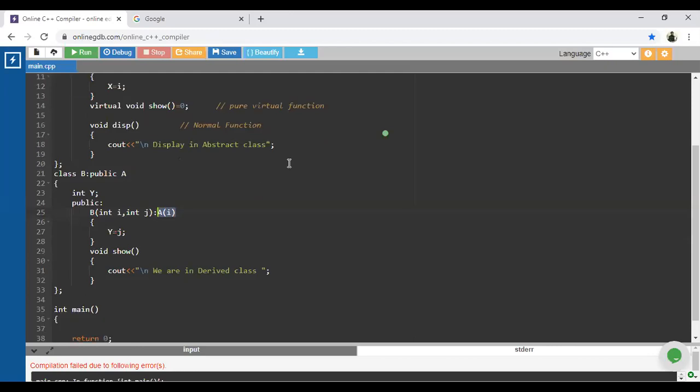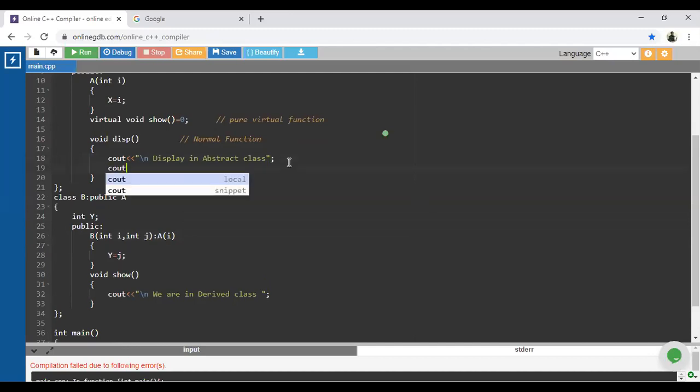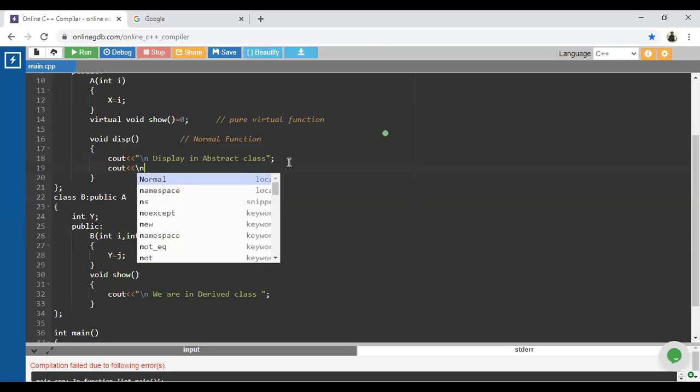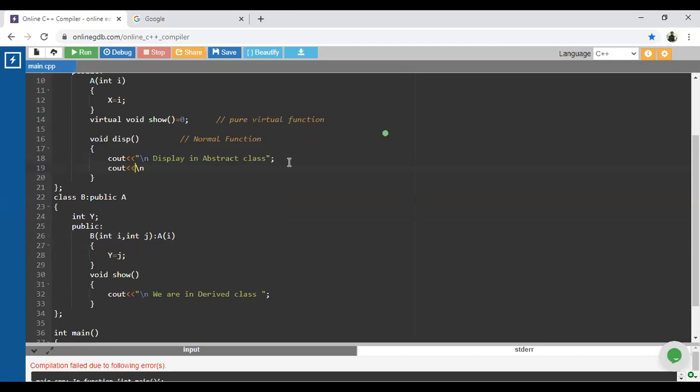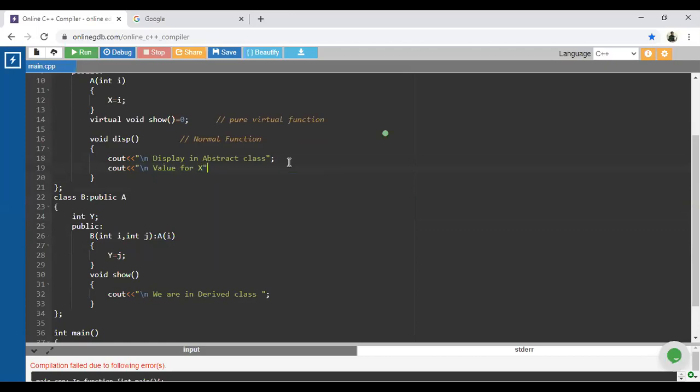So we will display all the values inside the second cout, inside the display function. So I'm using \n, the value for x, and I'm going to print the x.